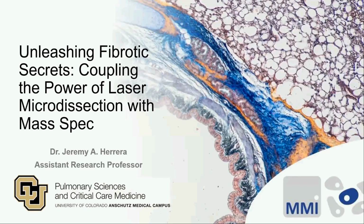Today's presentation is titled Unleashing Fibrotic Secrets, Coupling the Power of Laser Microdissection with Mass Spec, and is being presented by Dr. Jeremy Herrera from the University of Colorado Anschutz Medical Campus. Jeremy Herrera is currently an assistant research professor at the University of Colorado. His goal is to become an expert in the unbiased analysis of proteins, e.g. spatial proteomics, in lung fibrosis. Utilising the power of spatial proteomics, he intends to understand the crosstalk between epithelial cells and fibroblasts to define novel